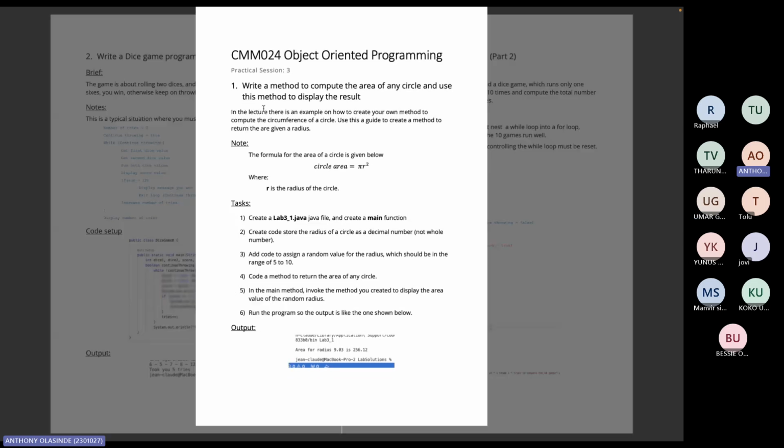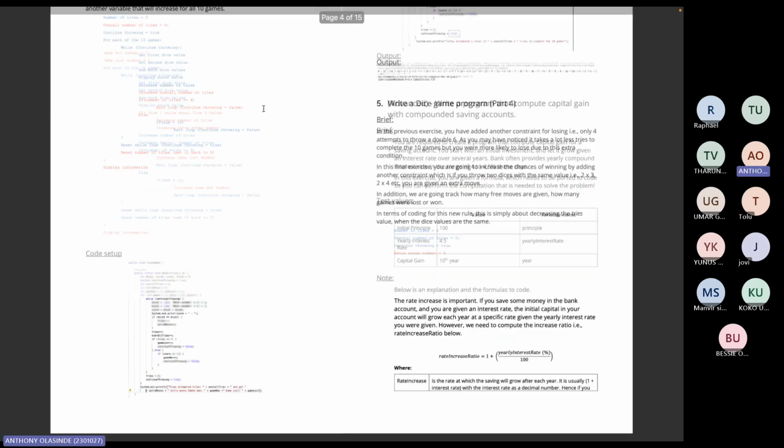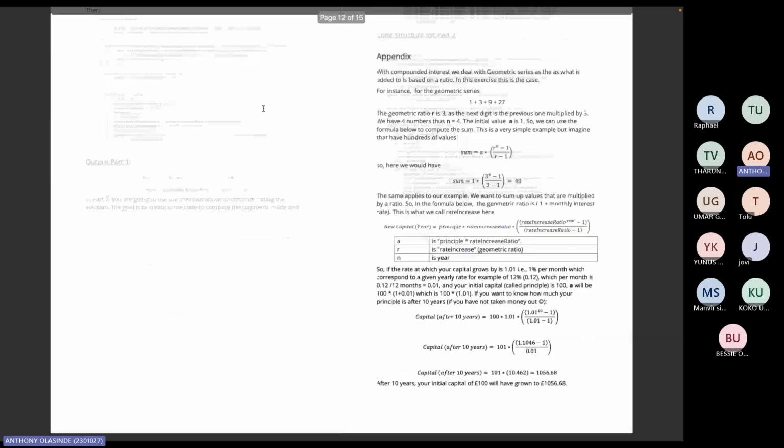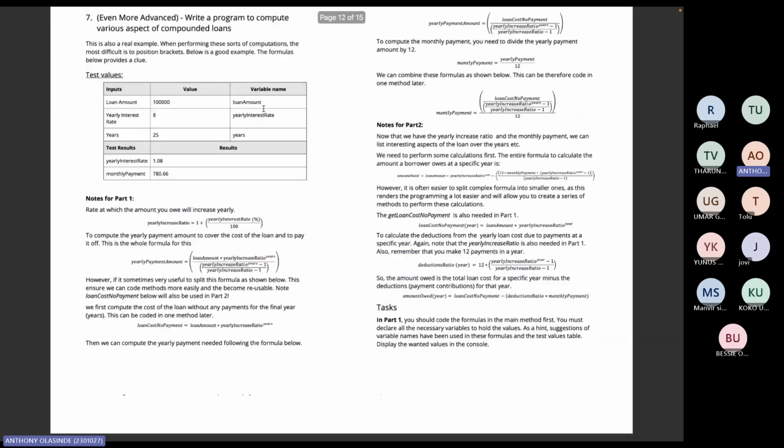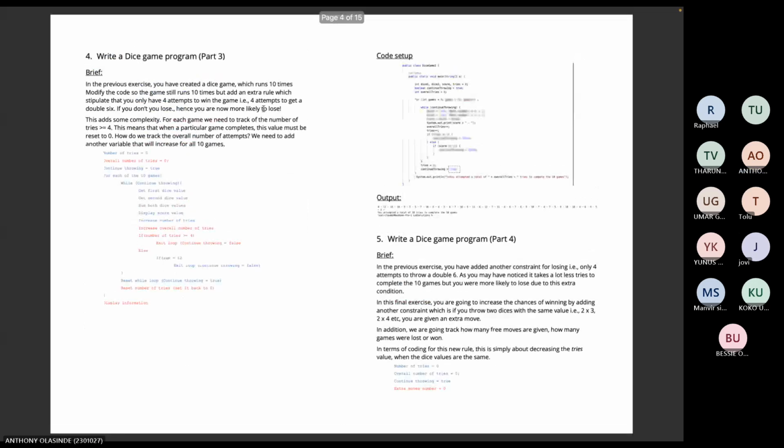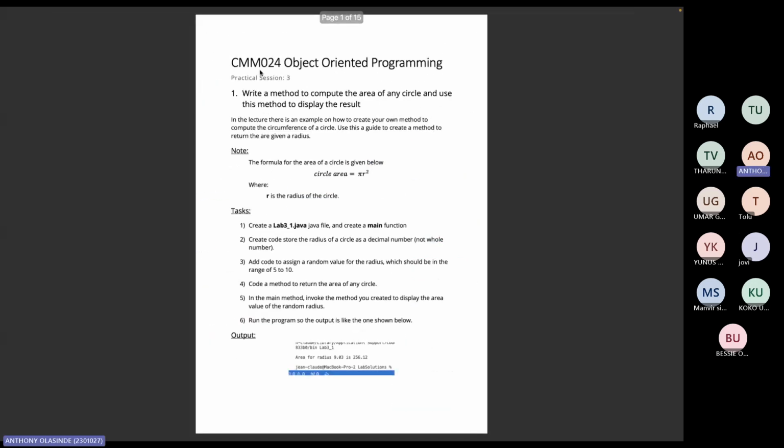So we start with... Oh, lab 3 is this calculation. I thought it was actually lab 4. Oh, interesting. Okay. So let's just start. Compute the area of any circle and use this method to display the result. In the lecture, there is an example on how to create your own method to compute the circumference of a circle. Okay, so basically, the whole idea of lab 3